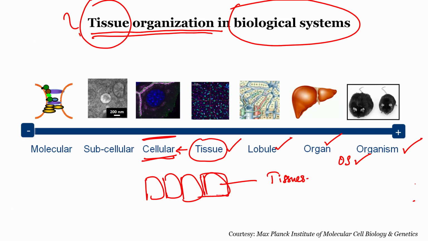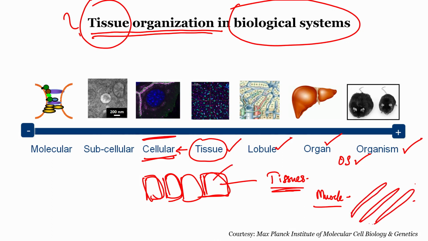The way these cells come together and the kind of function that these cells perform will dictate what kind of tissue this is. Let us say we take muscle tissue. Here the cells are not square shaped, they are more spindle shaped. These are called muscle fiber cells. Evolutionarily they have come to attain this shape so that they can expand and contract to perform the muscular functions. That is why they are striated. There are different types of muscle tissues, just for example I am telling you.